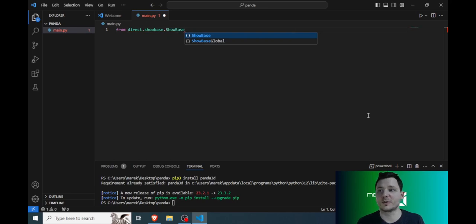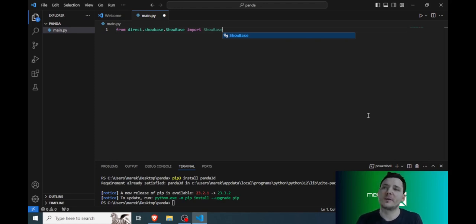Notice the capitalization. Import ShowBase. And what the ShowBase class does, it encapsulates, it basically is giving us all the tools and all the functionality for making the game. We actually need it to make the game work. Okay, so ShowBase. And now, since we will be putting a Panda character into the scene, into that game,